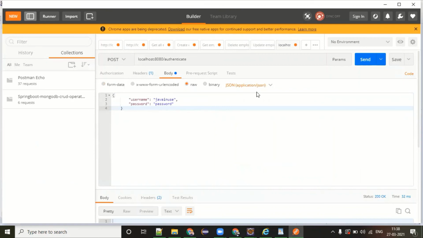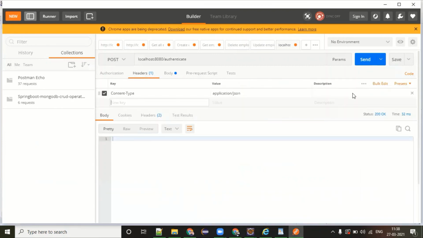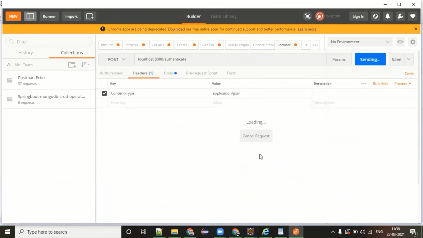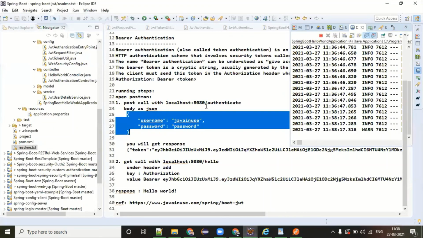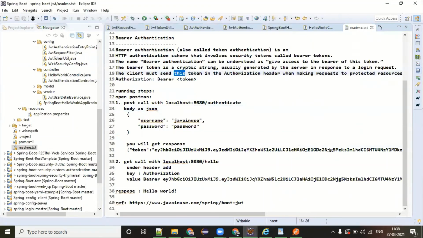Raw, application JSON is already selected. And let me check what header is selected. Okay, click on send. Yep, I got this token generated. So this is your JWT token, and it is what I would call a cryptic string. Now whenever you make another request like this,